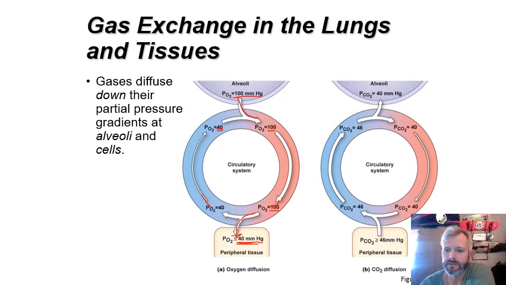Okay, in the opposite direction, let's start at the tissue. The blood coming to the tissue has a partial pressure of CO2 of 40. The tissue's been doing cellular respiration, creating the CO2, and so there is a higher partial pressure of CO2 at the tissue. This blood reaches the capillary beds at the tissue. We have a difference, 46 compared to 40, and so CO2 is going to move into the capillary beds, and then we'll bring that blood back